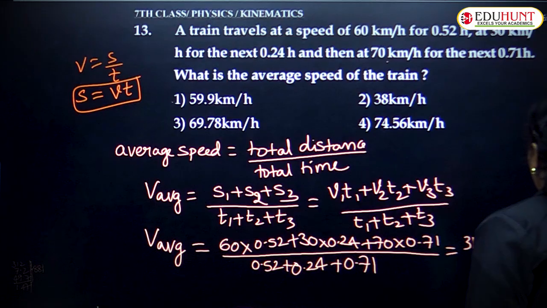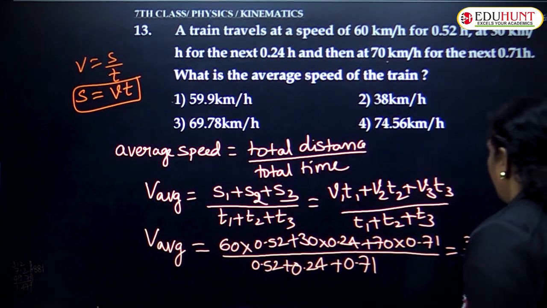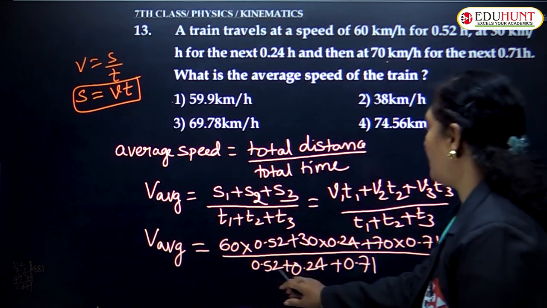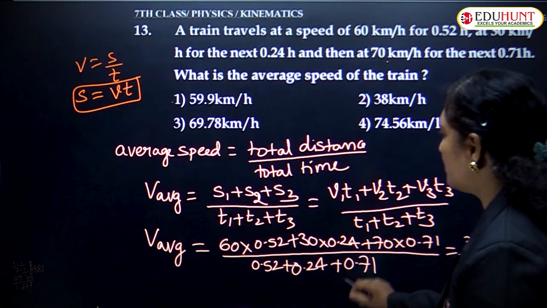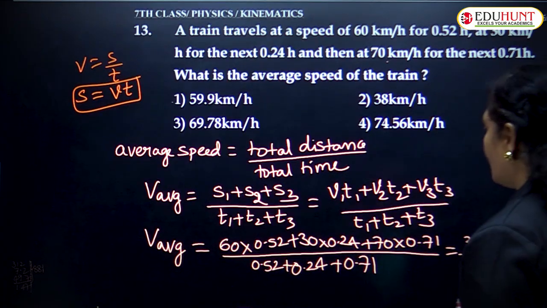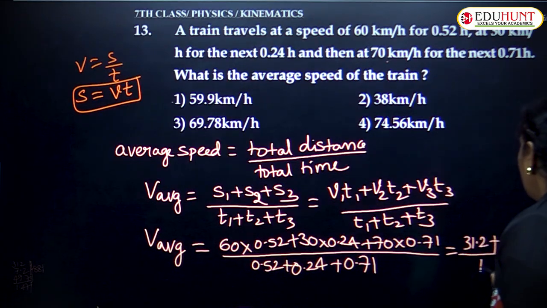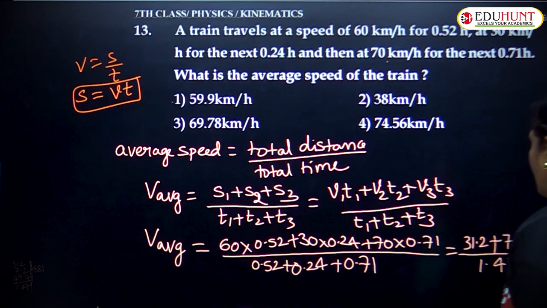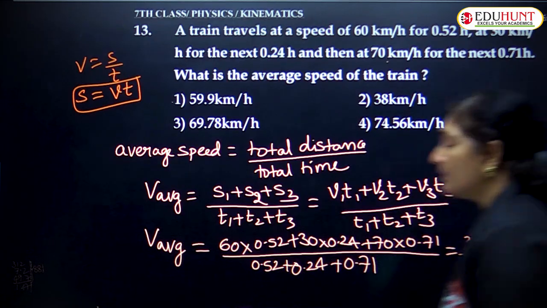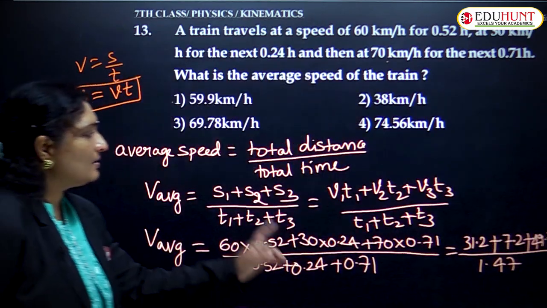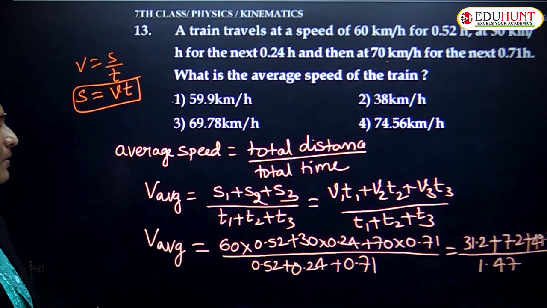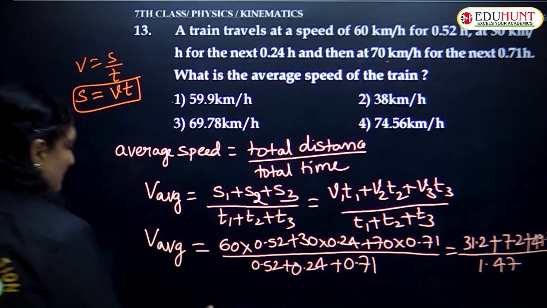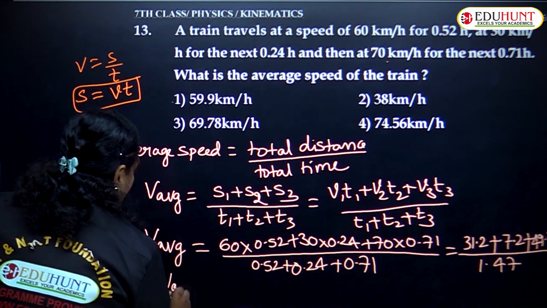How much is that? 49.7 whole upon 0.52 plus 0.24 plus 0.71 would be equal to 1.47. Okay, now if you add this value 31.2 plus 7.2 plus 49.7, you may get the value as